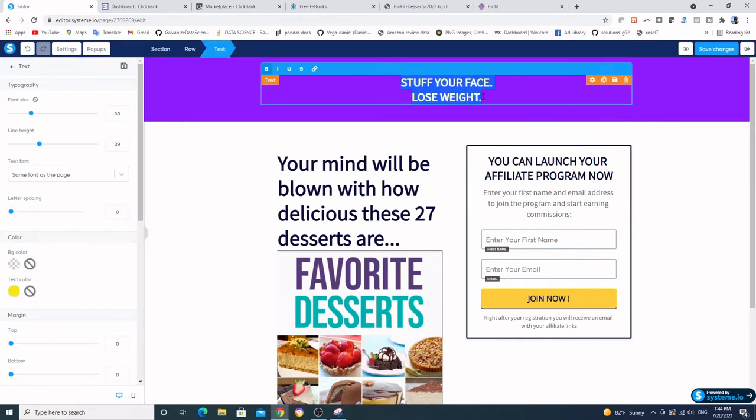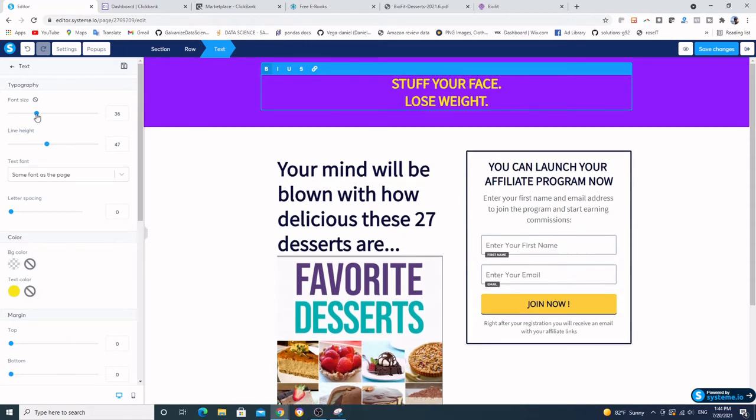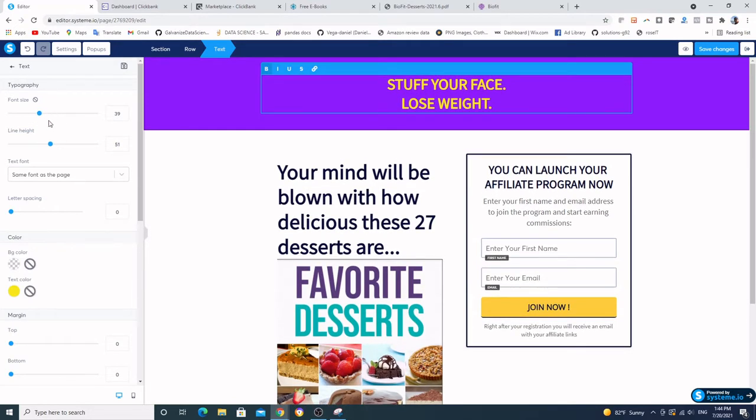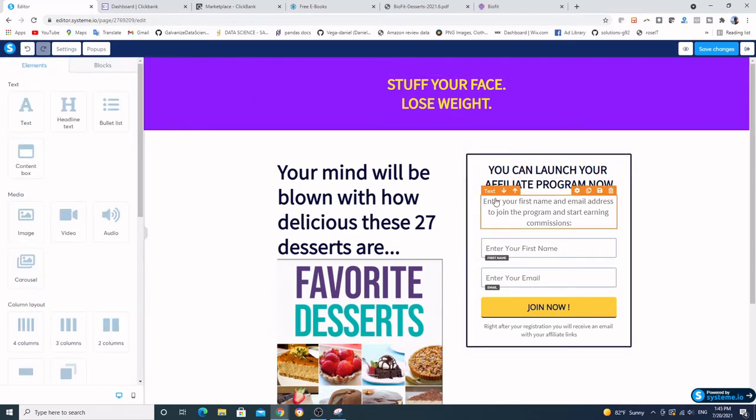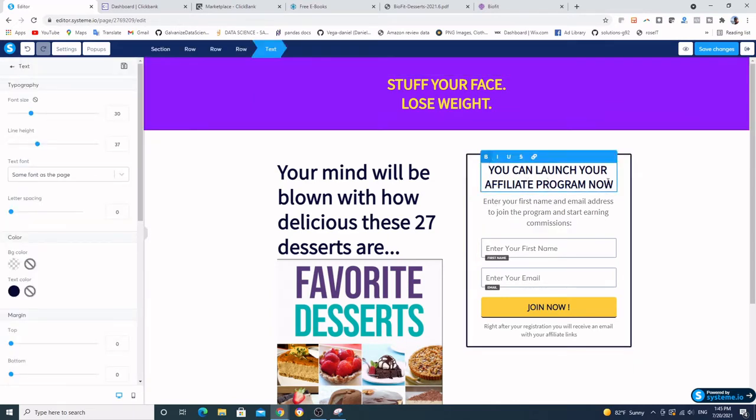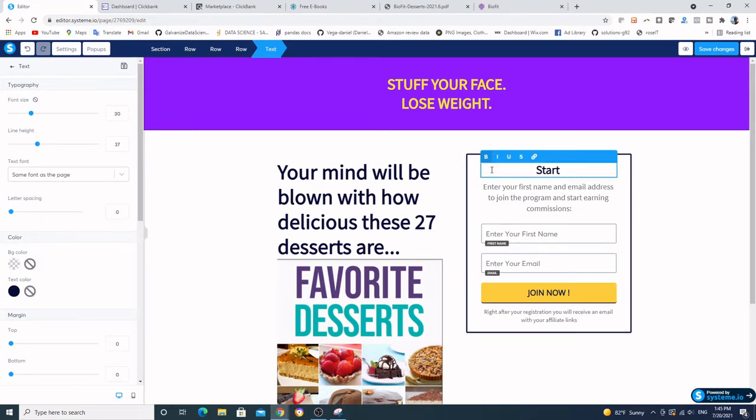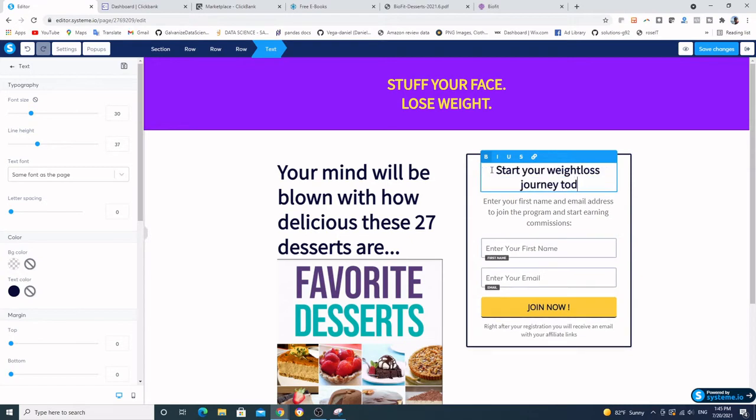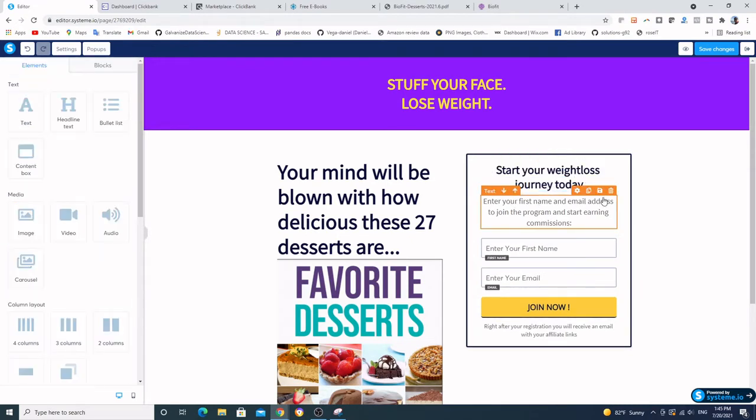We've got this one. Now this is a little bit small for me. I kind of want it to be bigger, so I'm just going to go on the left-hand side. Everything on the left-hand side is where you're going to get the settings for whatever you're clicking on. And so I just wanted to make that a little bit bigger. Here, start your weight loss journey today. I'm going to get rid of this